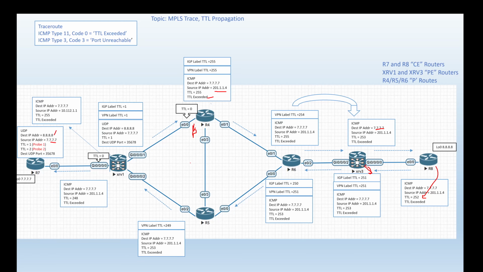So this is what I wanted to explain about the overall traceroute operation in MPLS. I hope the video is fine for you and that it's knowledgeable. In my upcoming video I will cover